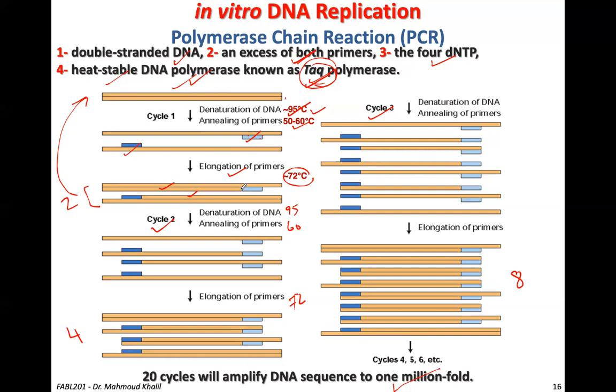The primers are extended to form the new daughter strand, and now you have 2 molecules of DNA. You repeat the cycle around 20 cycles. You can reach up to 30 cycles, and you will have like 1 million fold of the DNA molecules that started with 1 molecule of DNA. تمام؟